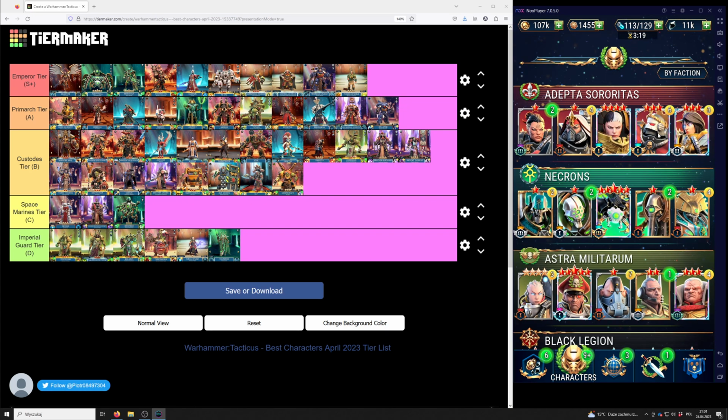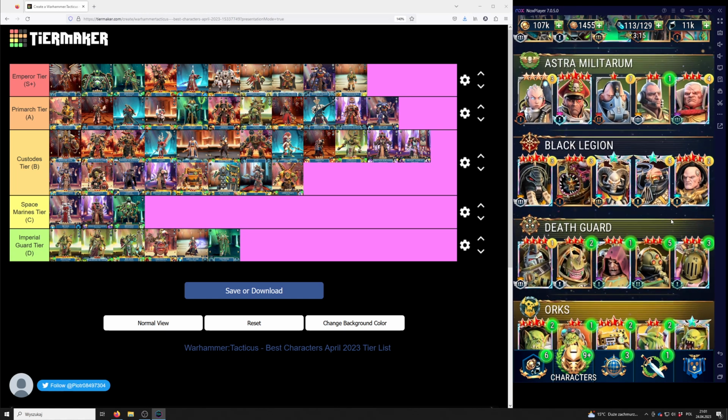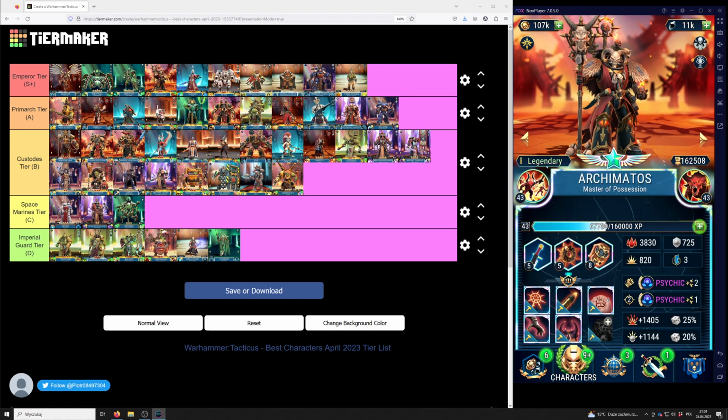Archimatos, a second character which received a nerf, which nerfed the damage of the summoned bloodletters. They still have good damage, so you cannot complain. I think it's even sometimes good that with his ability he covers all hexes around the enemy instead of two, because two bloodletters were able to kill the enemy, and right now he needs to summon six, which means you will have more bloodletters on the battlefield, so more of them will take damage